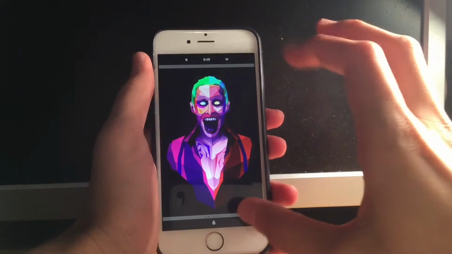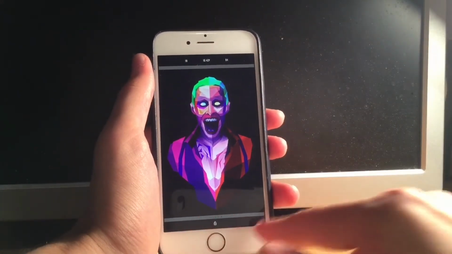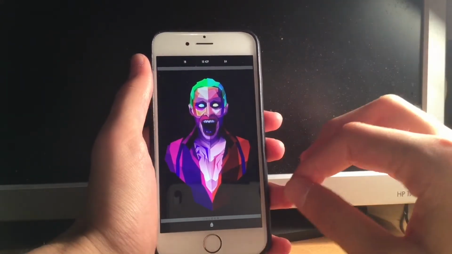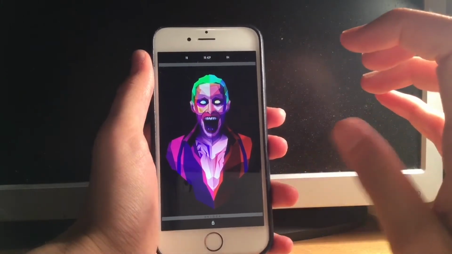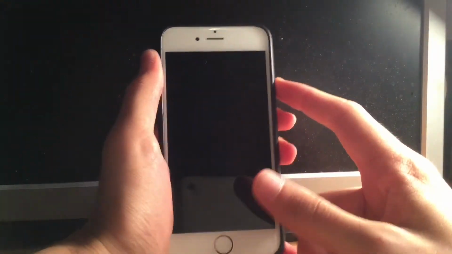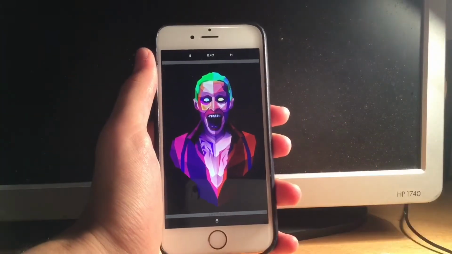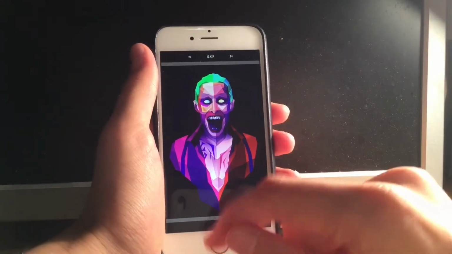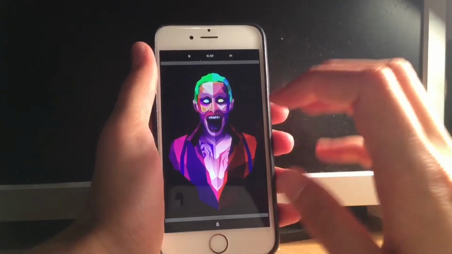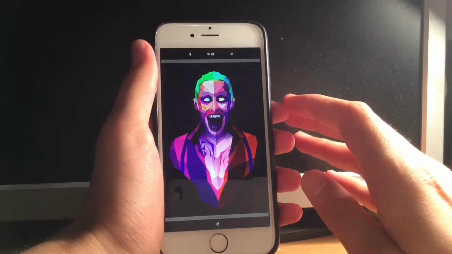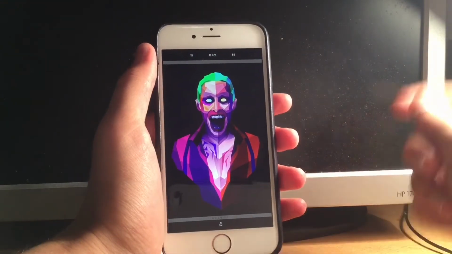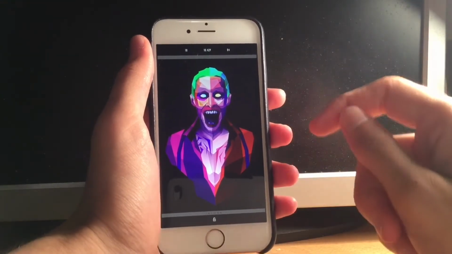So that's it: HideMeX, to hide everything that I have hidden on my lock screen, and iOS EW50 together with LockHTML for this widget. As for the wallpaper, I will have links to all the wallpapers in this video down below in the description, so you can get them.